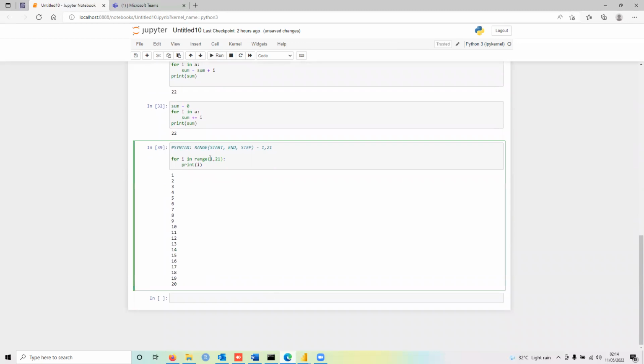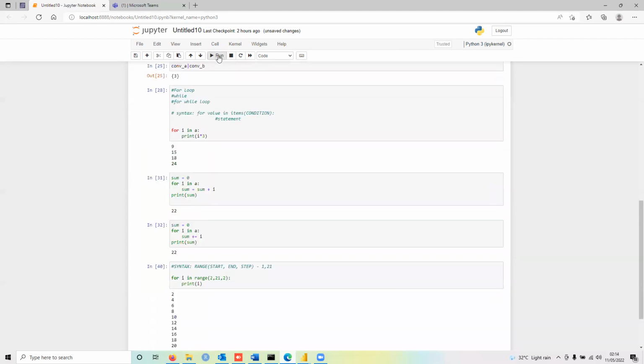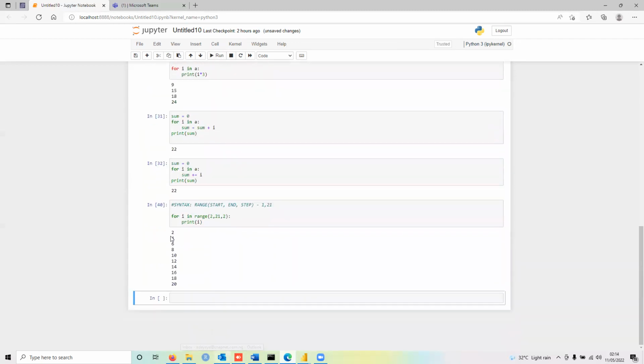If I want 2 to 20 and I want steps, you can add steps. And you can see 2, 4, 6, 8, 12, like that. So now